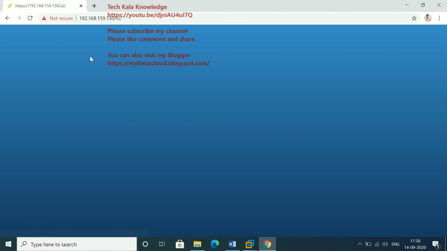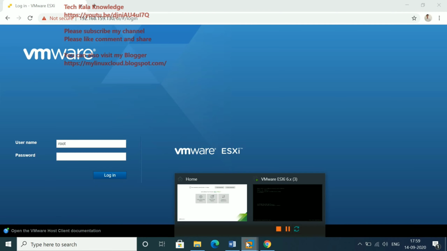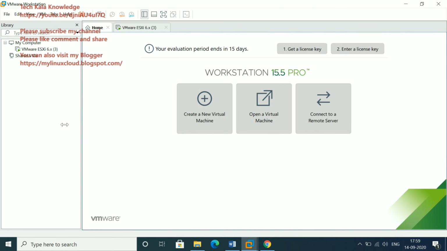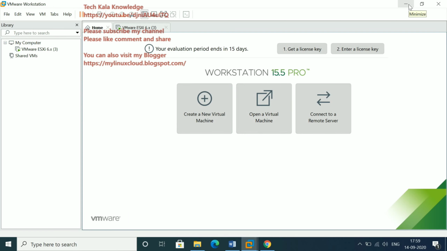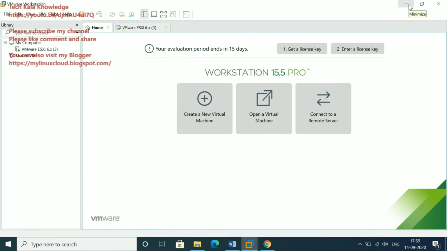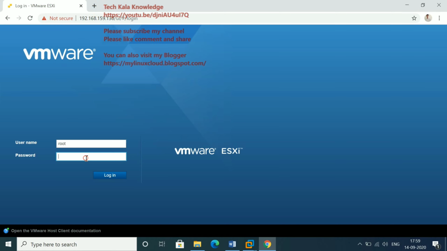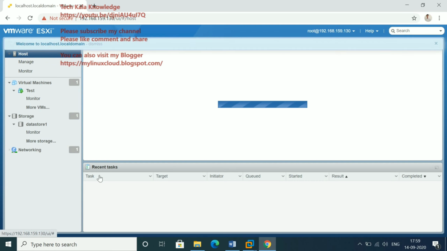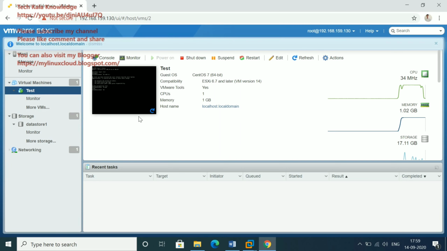Root, because I need to log in and then shut down. If you go to your VMware Workstation, you cannot find the virtual server you built, because it is on your ESXi host. So either you have to use that ESXi host through the jump server or through RDP, or you have to use your browser. I'm using a browser here through the URL. Yes, this is my VM, you can see it.